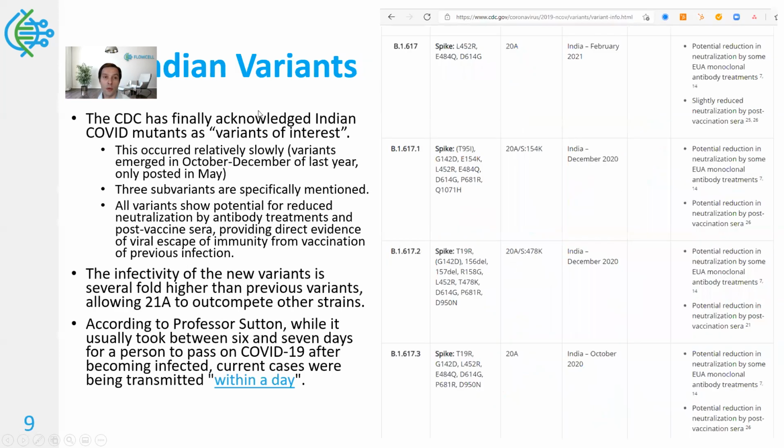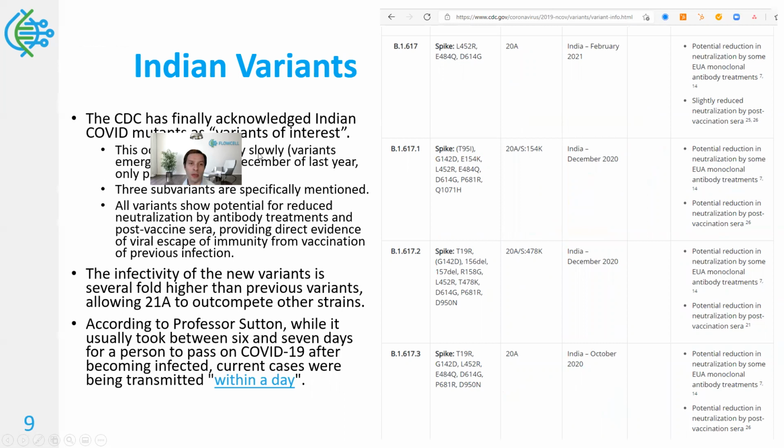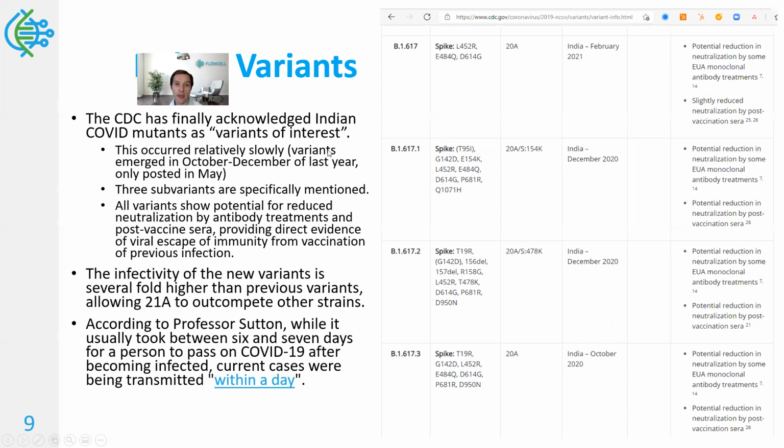And to finish the discussion on the Indian variant, 21A, it's definitely been in the news and should have been a major concern for a while, but regulatory wheels are retrospective. I suppose they move somewhat slowly. So, for example, here is the emergence of the variants, but only recently with these subvariants